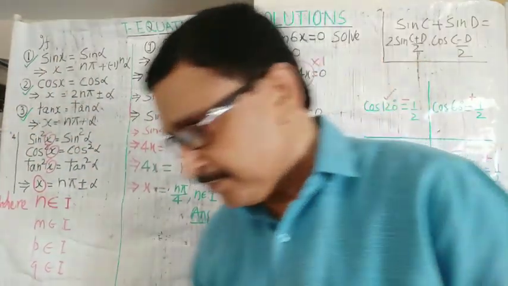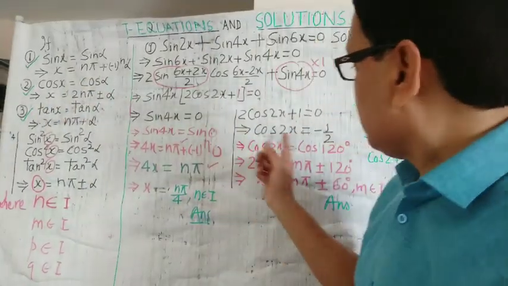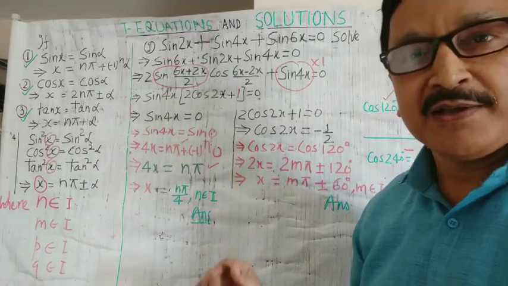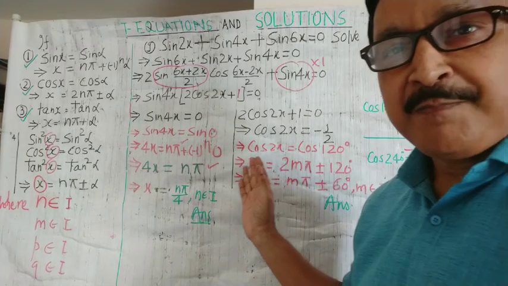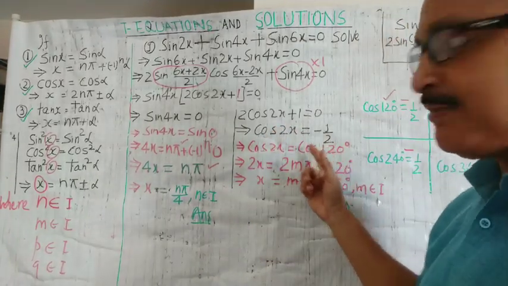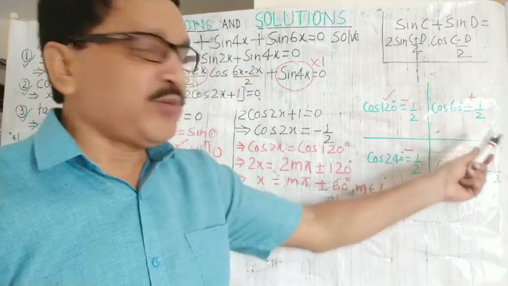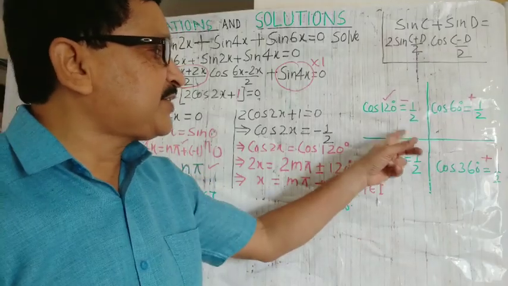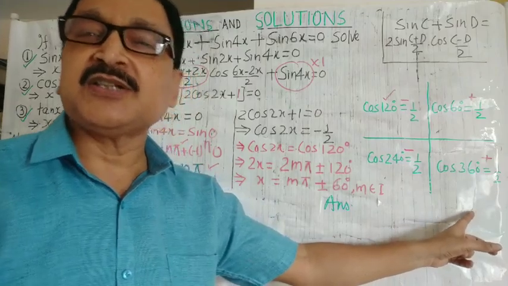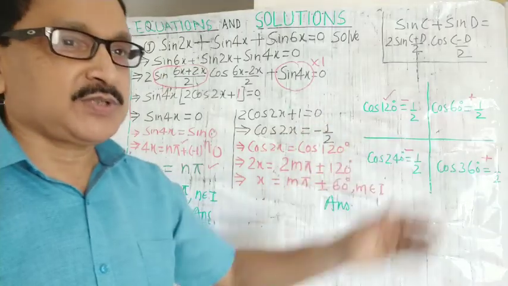Now just see the problem, this minus 1 by 2. How will you find minus 1 by 2? It is not too difficult, because in the first and second chapters I have discussed how to find the value of minus 1 by 2 in cos. Now just see, cos 60 degree is 1 by 2, which is known to you. In this quadrant 60 less, in this quadrant 60 more, in this quadrant 60 less. Activate this theory and find the value successfully.